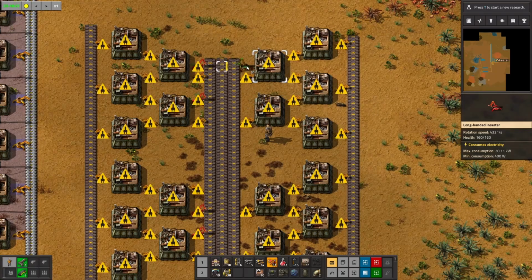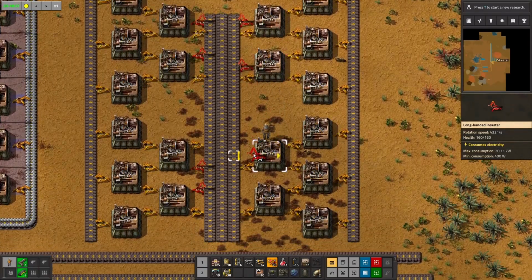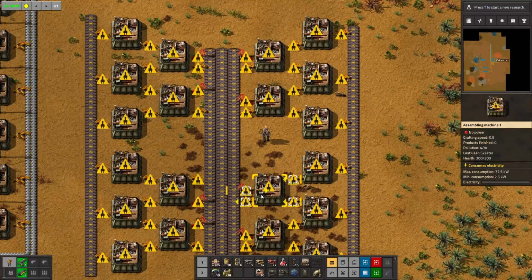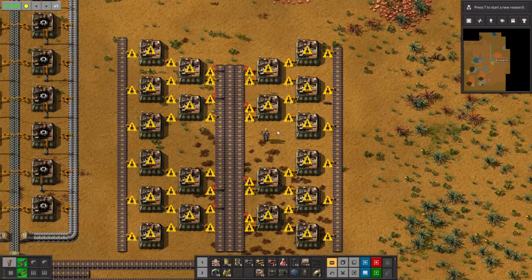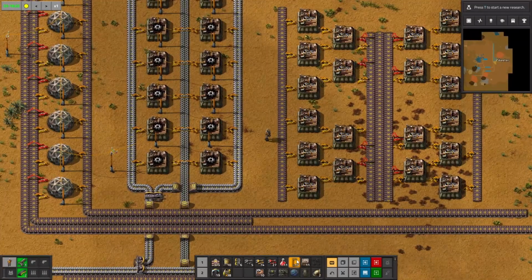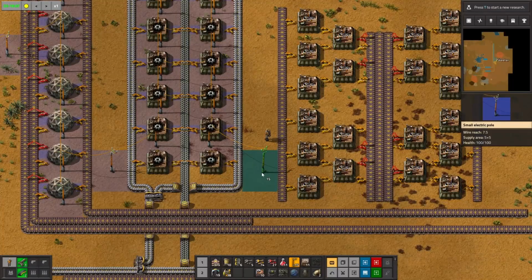Okay, we've got to grab ore off of that belt. Feed that. Feed that. Feed that, or iron plates, I should say. Feed that. Okay. Again, if I used blueprints, this would be a lot easier. Okay, we're going to steal power from our...